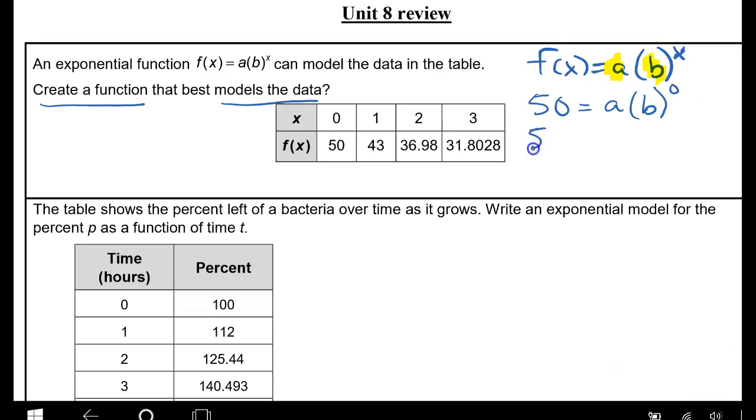So let's simplify this. Okay, so b to the 0 is equal to 1. Well, now a times 1 is just a, and there's our a value. A is equal to 50. Okay, so there's the first piece of our function that we're looking for. So first we have the a, which is 50, but now we still need to find the b. Okay, so to find the b,